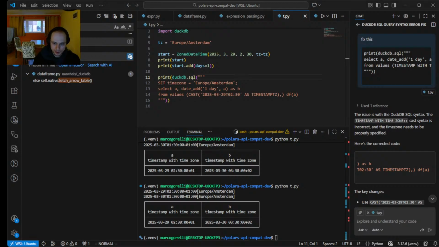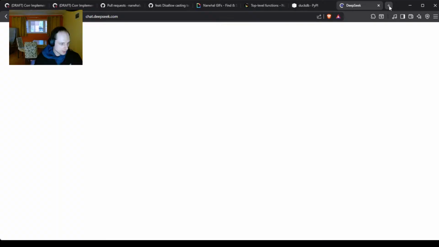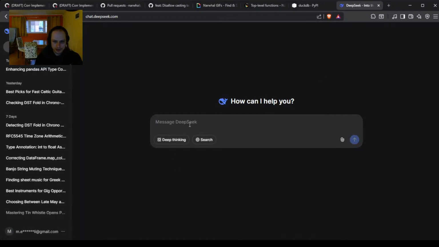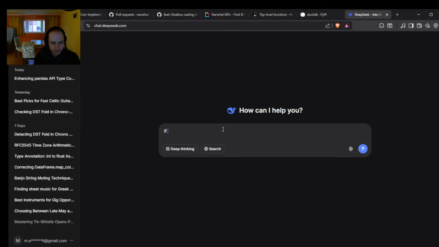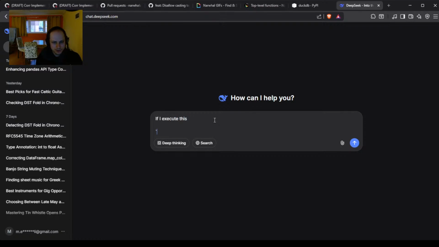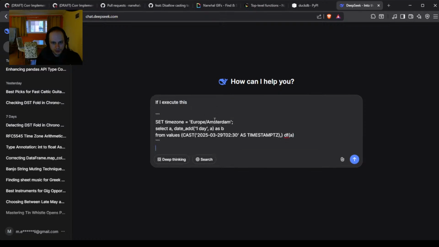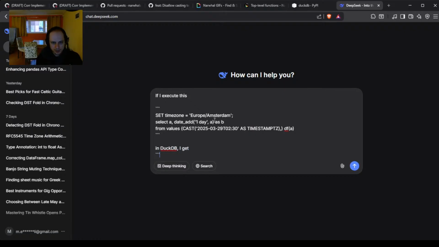And also, this might be another good use case for LLMs to help make sense of what is the standard. So let's start with where we are. So if I execute this in DuckDB, I get